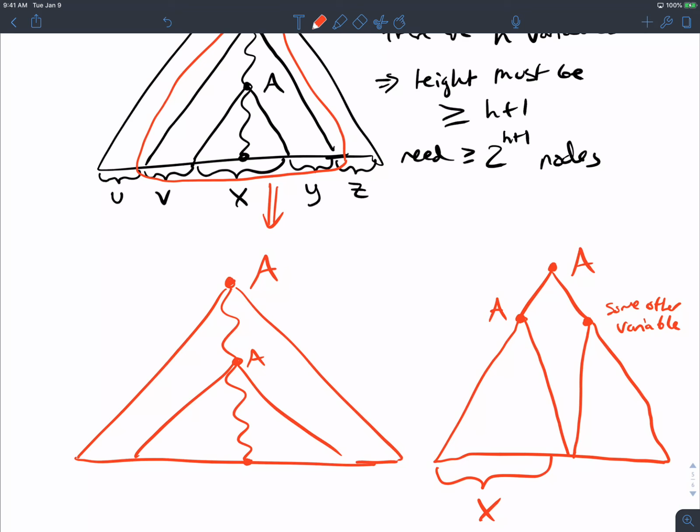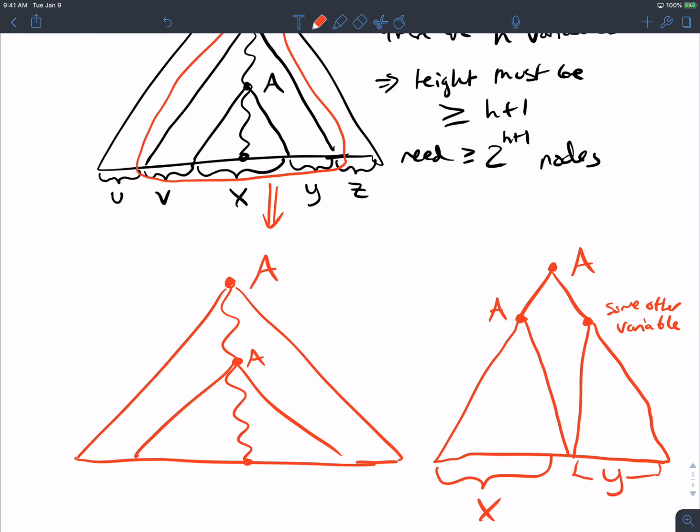Where's the Y part? It's on the other side. Ah, so the Y part is here. If I flipped the diagram and had the second occurrence of A on the left, what can you tell me about V and Y? Well, Y would be empty and V would be non-empty because the other variable must generate something of the string. So what do you know about V and Y in general? Could they both be non-empty?